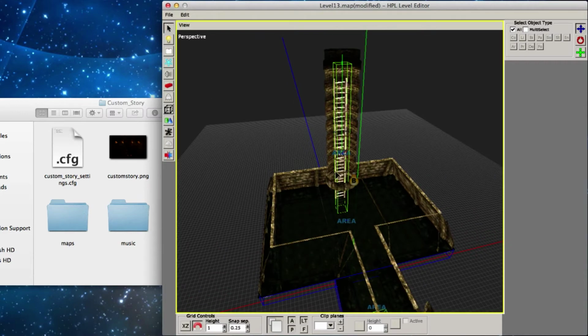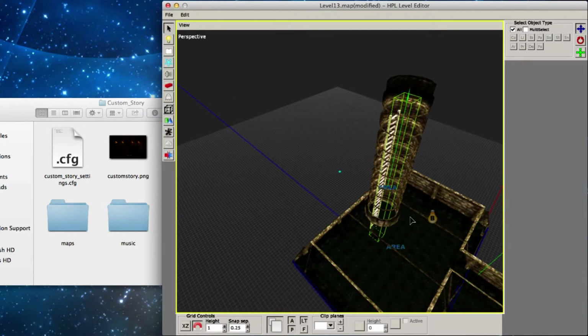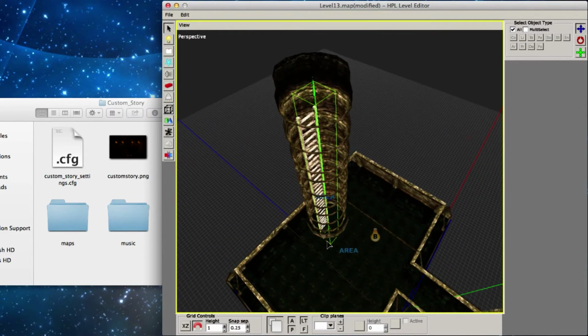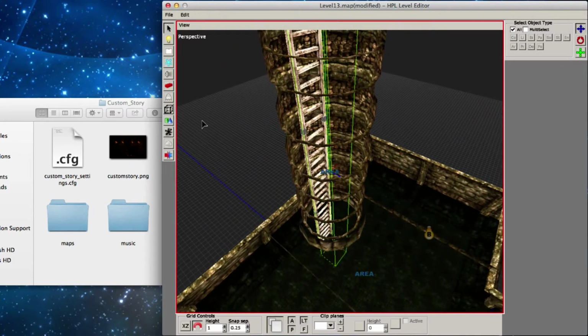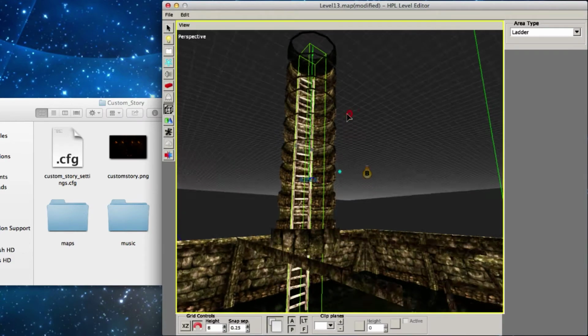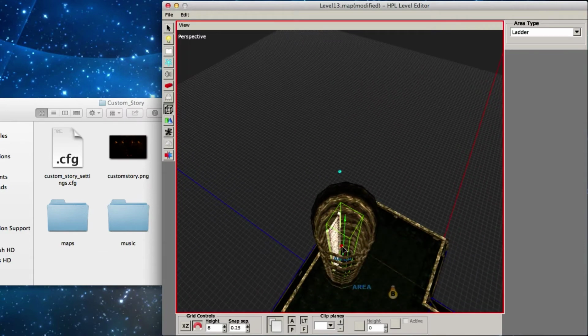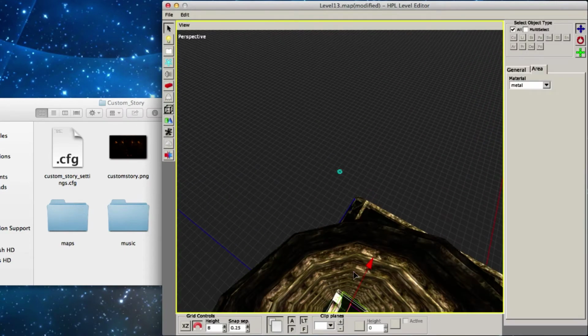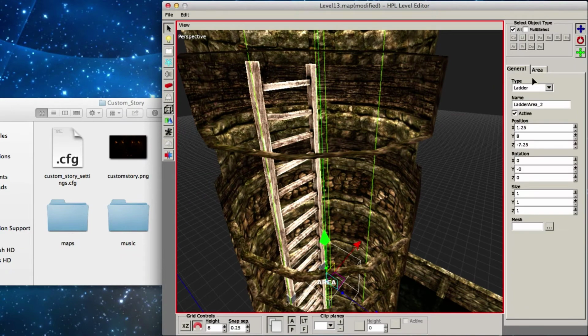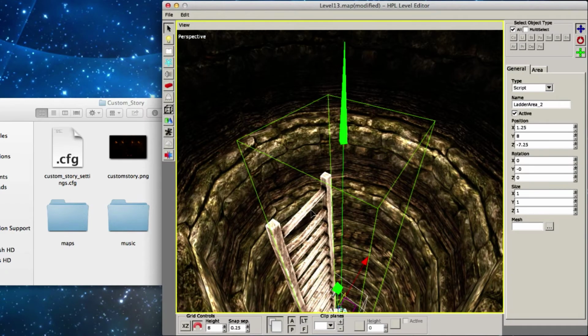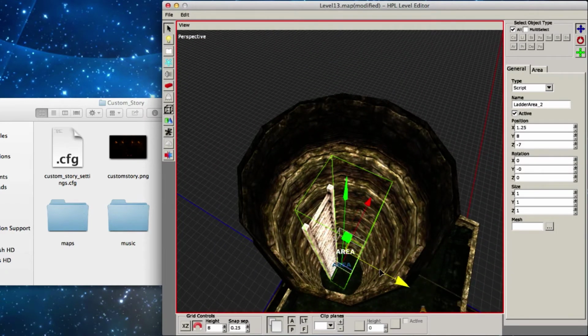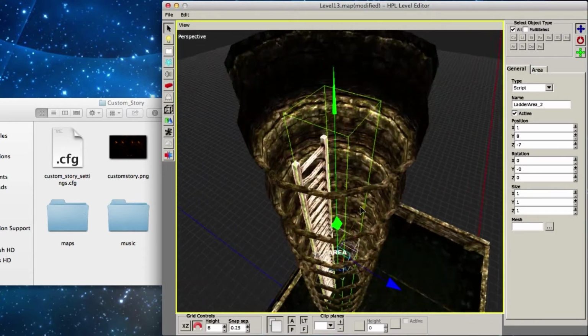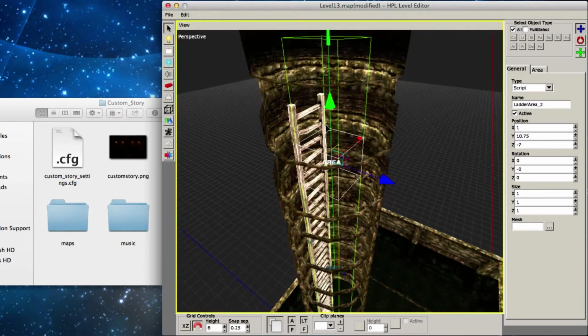Alright, so here we got our ladder area, and you're now able to climb it, and that's all there actually is to it. And I'm gonna add a quick little transition up here, although this is not part of the actual ladder thing, but I'm just gonna skip up here and create a very simple script area. And that is not a script area, that's a ladder area, so I'm gonna have to change that. There we go. So I'm just gonna move that in the middle of where you actually climb, like that.